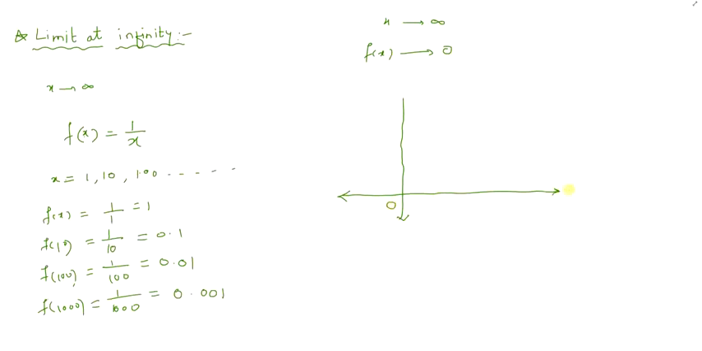Origin, x-axis, y-axis, negative x-axis and negative y-axis. Okay, and here the points are, we are saying, 1, 10, 100, 1000 and so on. Okay, and here the values of y are, our first value is 0.1,